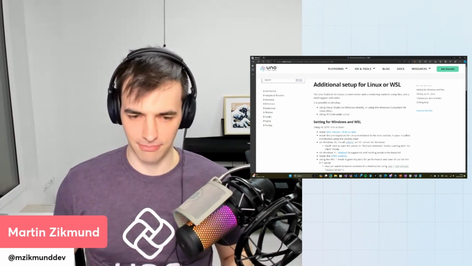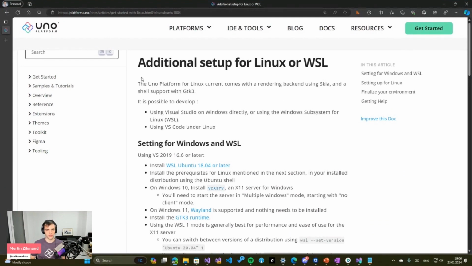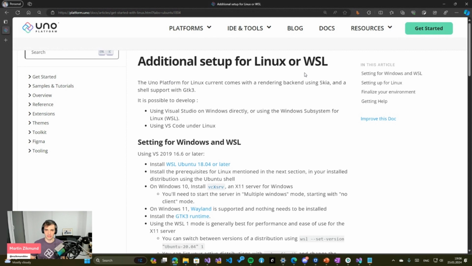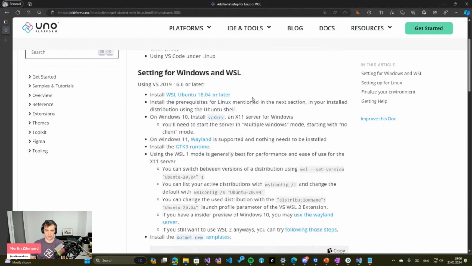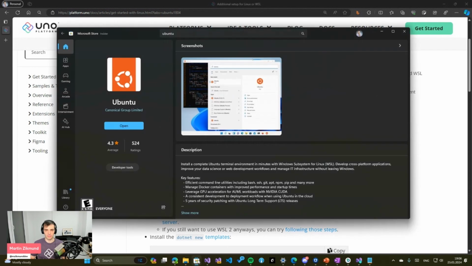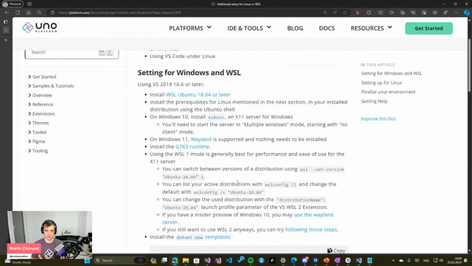So let's jump into docs, because docs contain the full information on how to set up WSL support for your applications. So the steps basically consist of installing Visual Studio and then installing a distribution of Linux from the Microsoft Store. On Microsoft Store, you can find a lot of different distributions. I usually use Ubuntu, and when you install it, it will also enable WSL or Windows Subsystem for Linux for